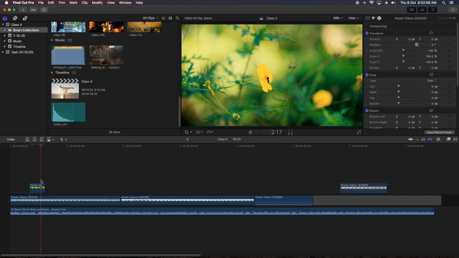That base layer is working as a magnetic. Magnetic means everything is connecting to that track. This is a track, and whatever edit we do, it will connect to this invisible track. This is called the magnetic timeline.